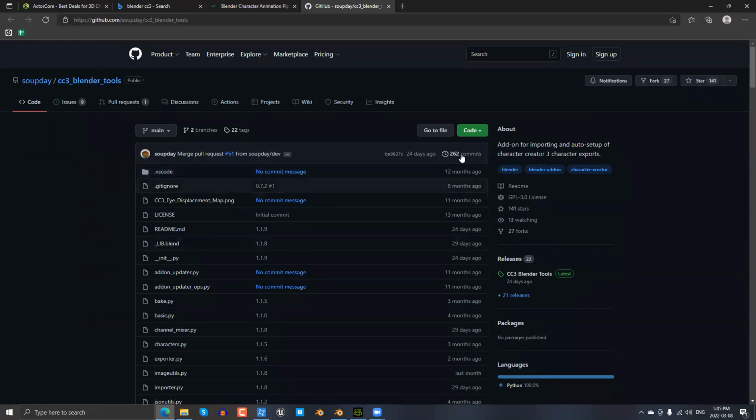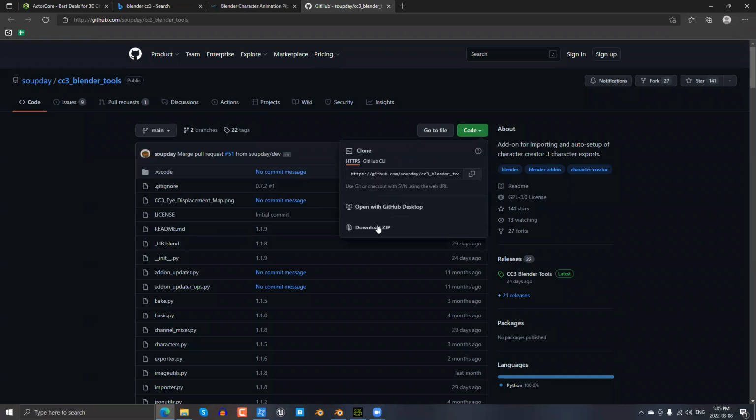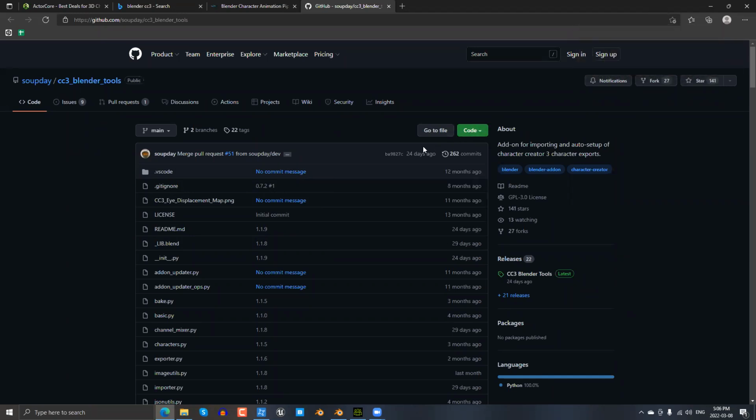In order to download it, just go up to code right here and download zip. And it'll just download. And if you want the plugin that allows you to take your Blender characters back into CC3 later on,